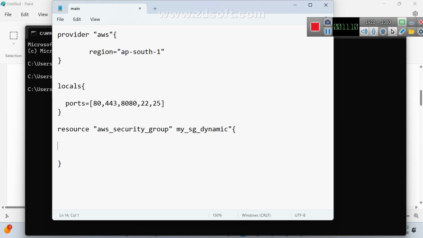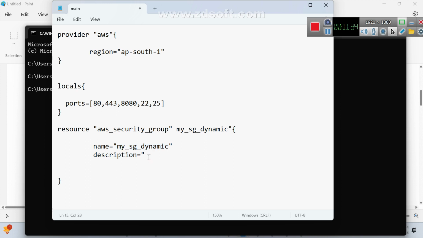Within that, you need to write the name: my_sg_dynamic. In the same way, a description: description is equal to the same, my SG dynamic description.